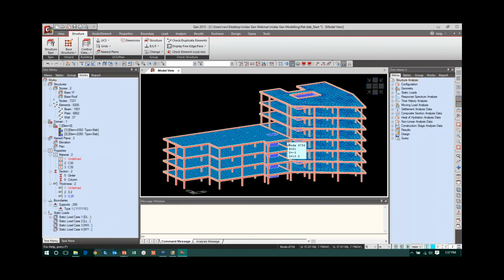Okay, this is how you generate the models in Midas Gen. If you have any doubts, you can ask. This webinar is mainly concentrated on the modeling. The next webinar we will be conducting very soon, within 15 days. We will send you the invitation file. There we will be talking more about the loadings, different types of loads, and how you apply the loads in Midas Gen. The loading part will be covered. So up to the modeling or import related functionalities, if you have any doubts, you can ask me now.